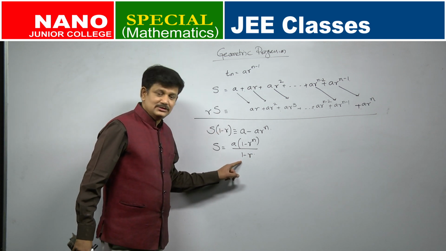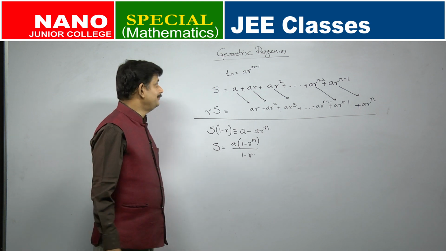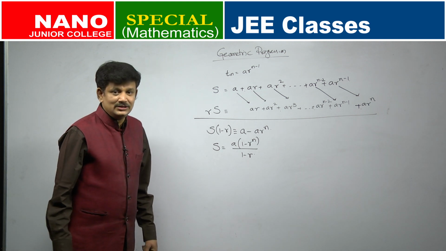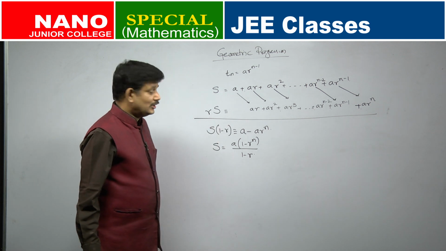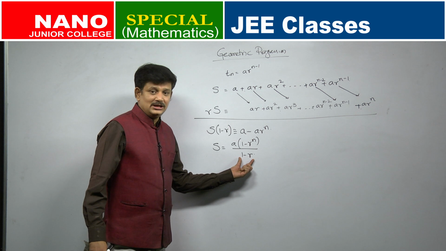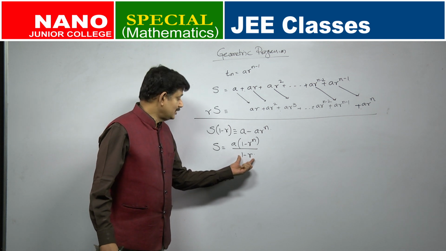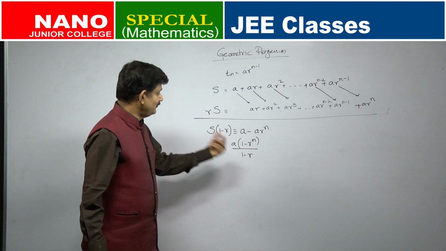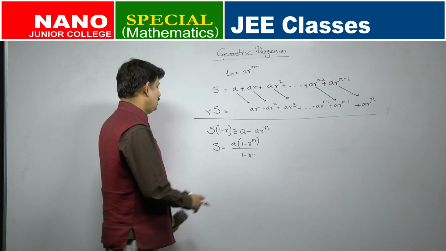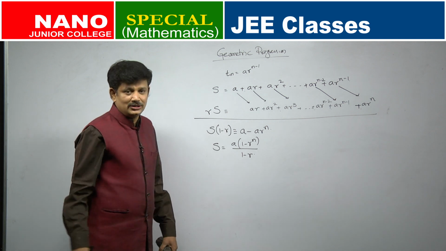Now, I can do this division only when R is not equal to 1, and if you remember in the very first definition, what was the difference between progression and sequence we talked about? In progression, numbers cannot all be same. So, R cannot be 1. So, happily you can divide by 1 minus R. In the word progression itself, we assume that R is not equal to 1, or here again you can write it in bracket, R is not equal to 1.